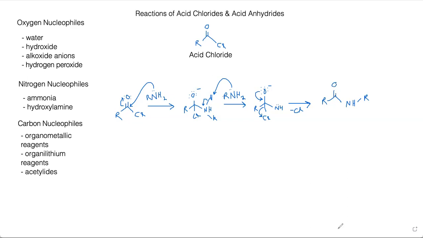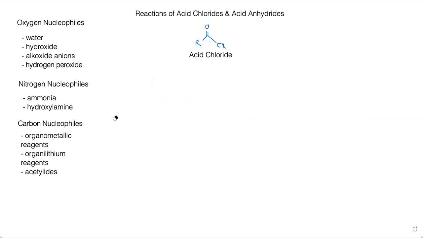So again, this is just one example of the many different reactions you can do with nitrogen nucleophiles and acid chlorides. Of course, this one is using an amine, a primary amine as the reagent, but these can also be done with ammonia and other different types of amines. So I'll get this erased and we'll go on to carbon nucleophiles. The reactions of those acid chlorides with carbon nucleophiles tend to seem a little bit more complex. So the one we're going to look at is an acid chloride